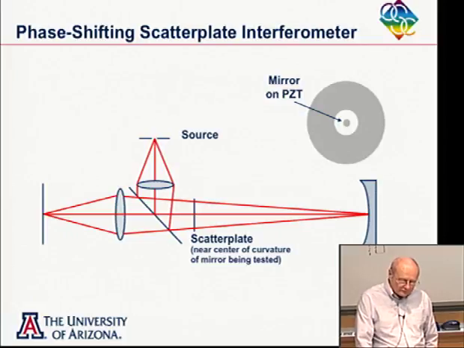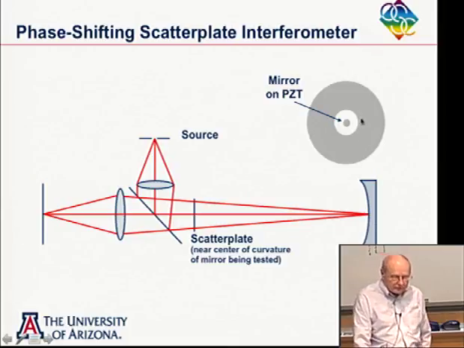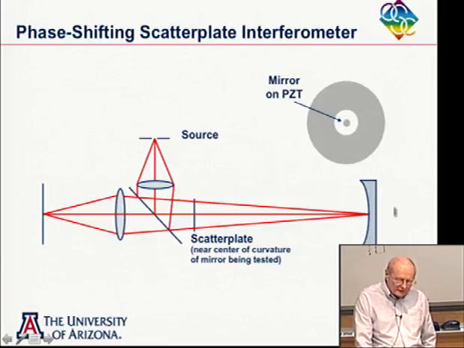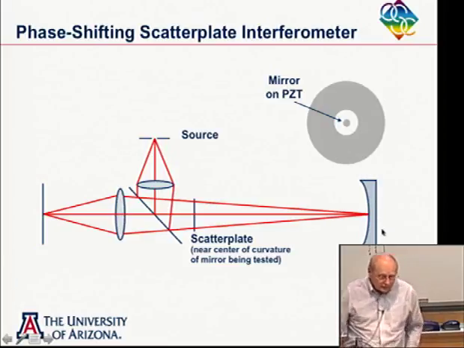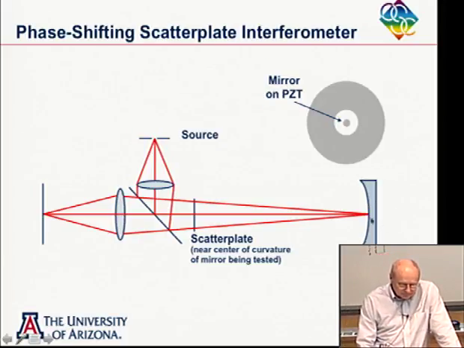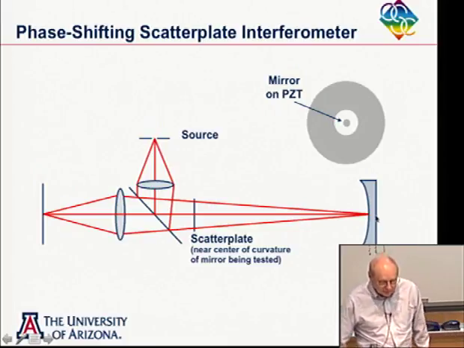And if you don't have a hole in the center of the mirror, if the mirror doesn't have a central obscuration, I could have put this mirror over here someplace off to the edge as well. Now, this works. I don't like it so much because probably the vibration effects are not quite as good, because this is going to be a different mirror, although it's going to be maybe coupled to this mirror. Certainly, the zero-order fringe may not pass through